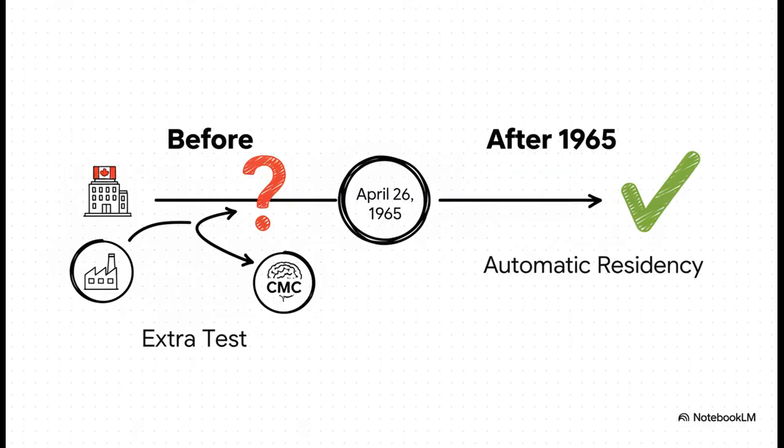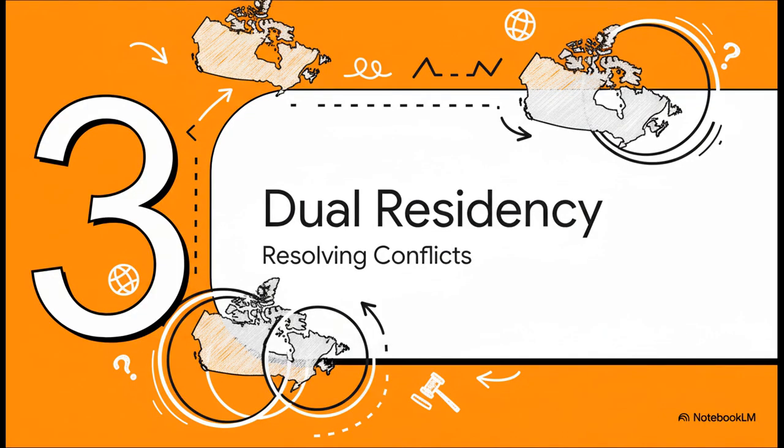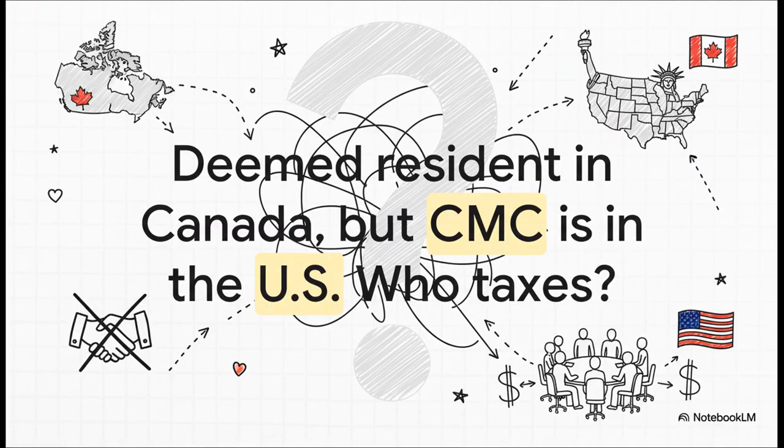This, of course, brings us to a potential conflict, which is our third section, dual residency. What happens when a corporation looks like a resident under Canadian law and under the laws of another country at the exact same time? So you can probably see where this is going. Let's think about a really common scenario. What happens when a company is incorporated in Canada after 1965, making it a deemed resident here, but its entire board lives and meets in the United States, making it a factual resident there? Which country gets to tax its global